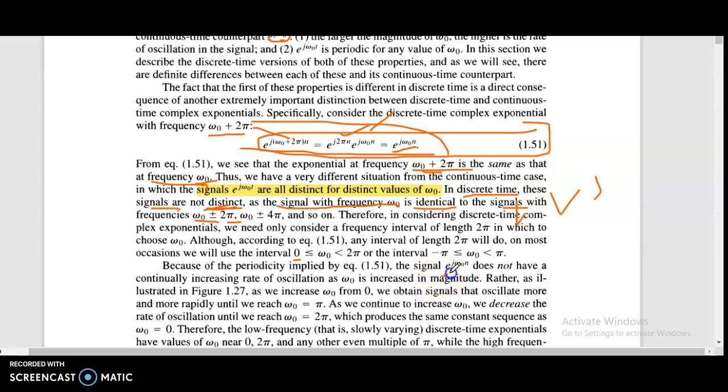The signal e power j omega naught n does not have a continually increasing rate of oscillation as omega naught increases in magnitude. That is,